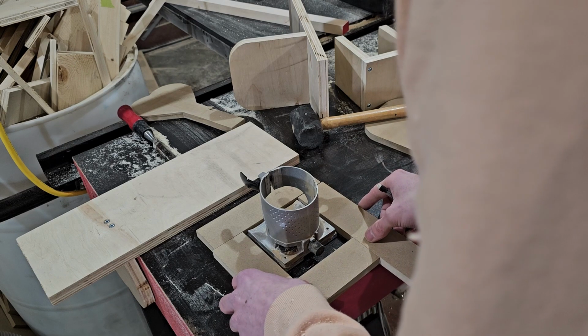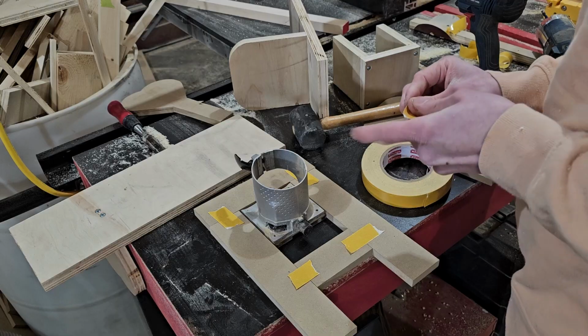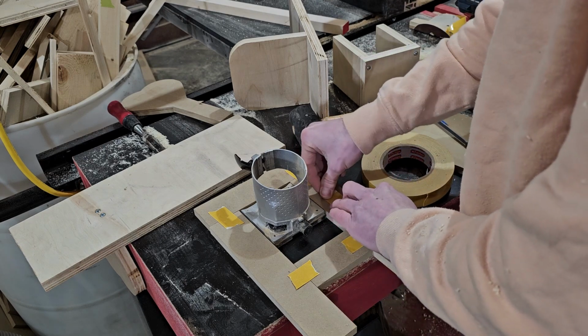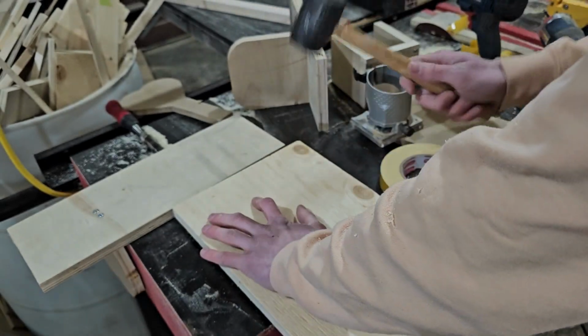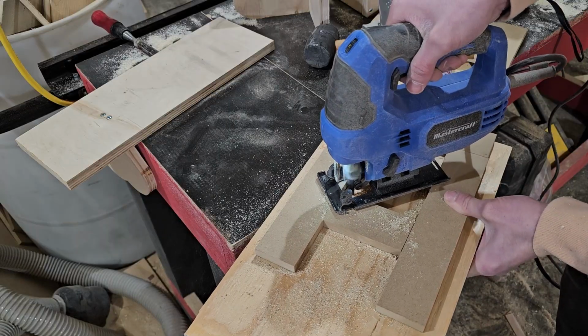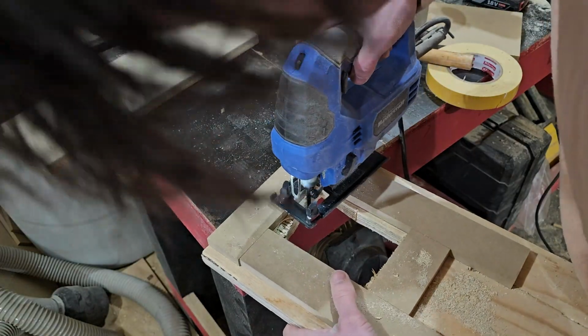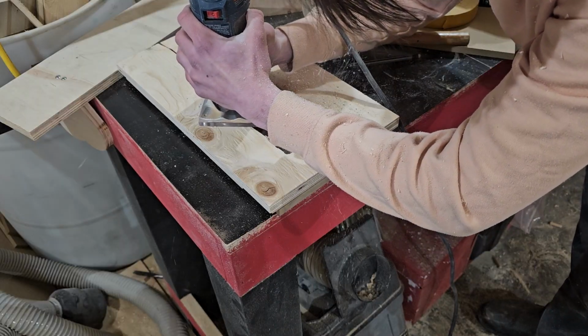I sandwich my router in some MDF, and using some tape, I attach those pieces sort of close together and then plop a scrap sheet of plywood on top of it, and I drill a hole, grab my jigsaw, and get nice and close to the edge, and that's to save my router from working too hard again, and I flush it up